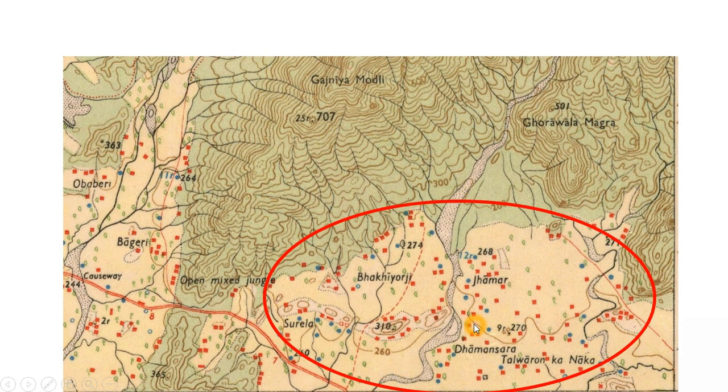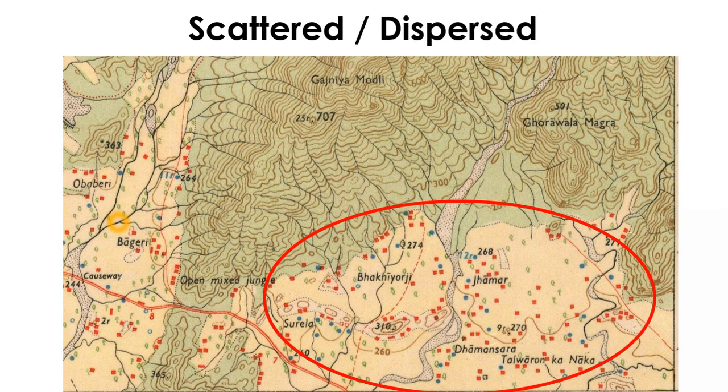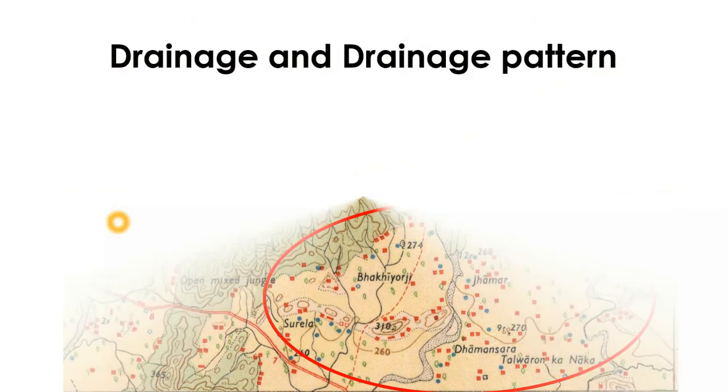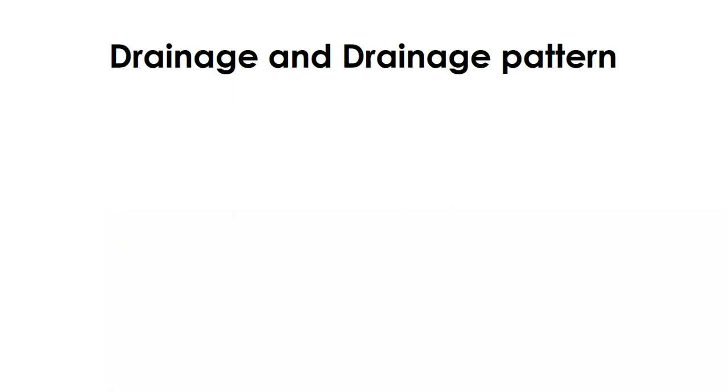Not only that, here buildings are far away from each other, and everywhere you can see a number of perennial wells too. That means facilities are available in their own places, so they don't need to cluster at one point. So they are scattered and located far away from each other. And if you look into the eastern part of the map also, the situation is the same. Buildings are located far away from each other. They are scattered, and this kind of settlement pattern is called a scattered settlement pattern or a dispersed settlement pattern.